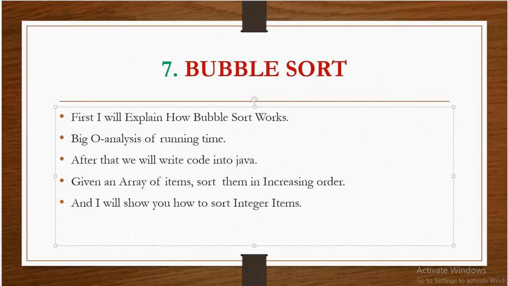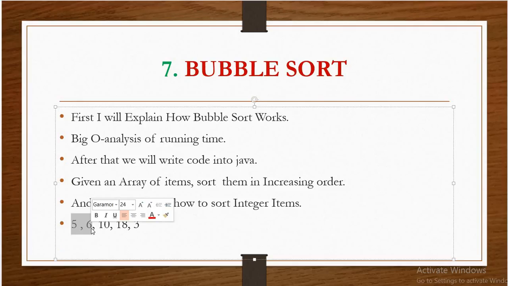So first, for example, I have an integer array list: 5, 6, 10, 18, 3. How can we manage sorting order by using bubble sort? Bubble sort always compares two elements. First it will compare two elements 5 and 6, and if